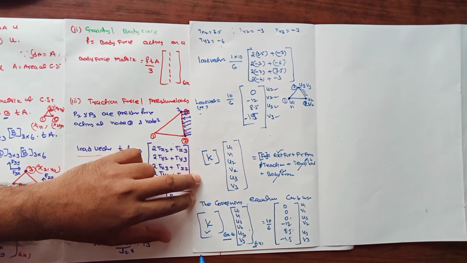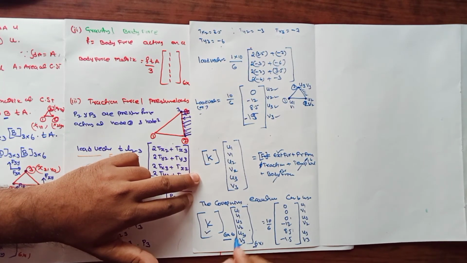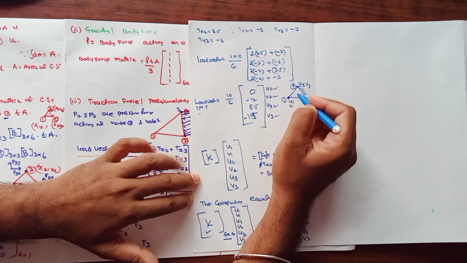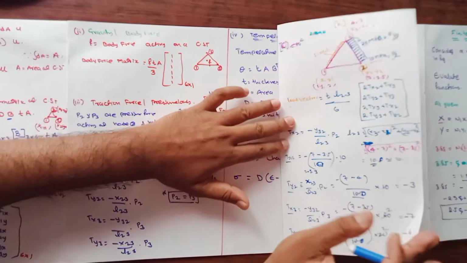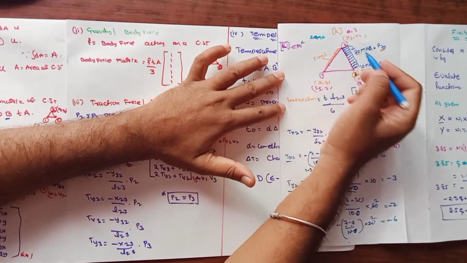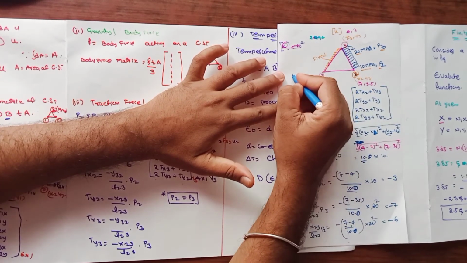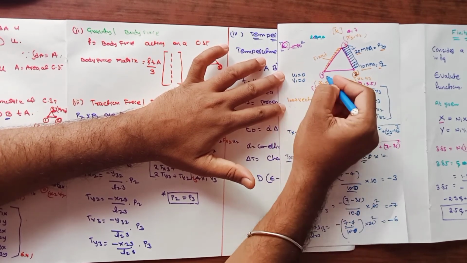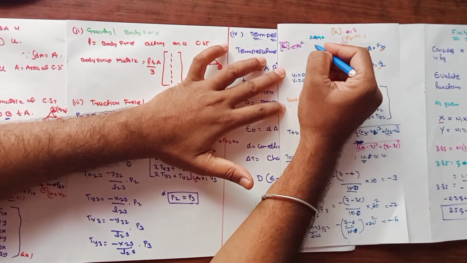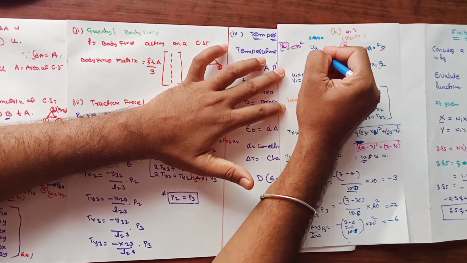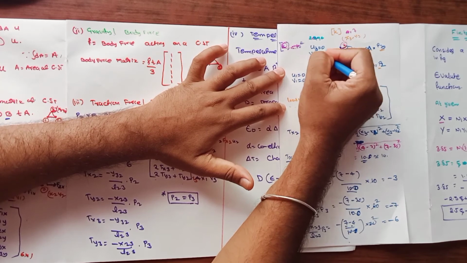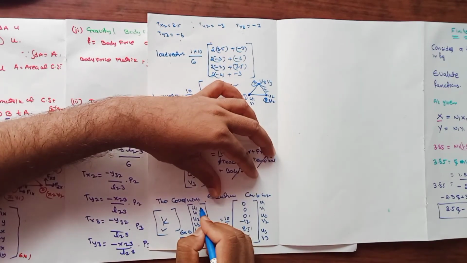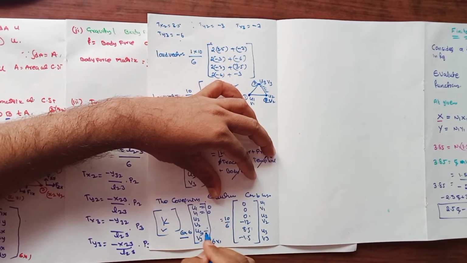Now it is very important to define the nodal displacements. When you see the problem, I defined that in the last slide. At nodal numbers 1 and 3 the structure is fixed. So u1 is equal to 0 and v1 is also 0 at nodal point 1. Similarly at nodal point 3, u3 is equal to 0 in the x direction and v3 is also 0. So there are 4 boundary conditions: u1 is 0, v1 is 0, u3 is 0 and v3 is 0.